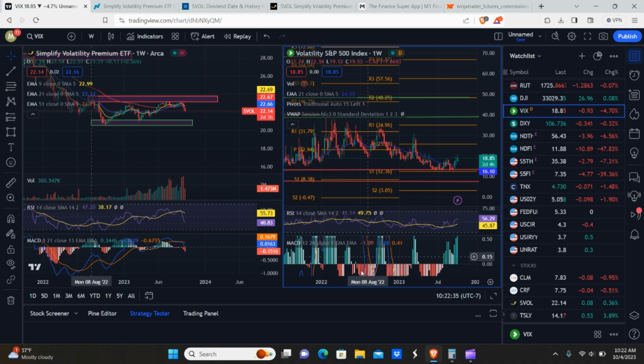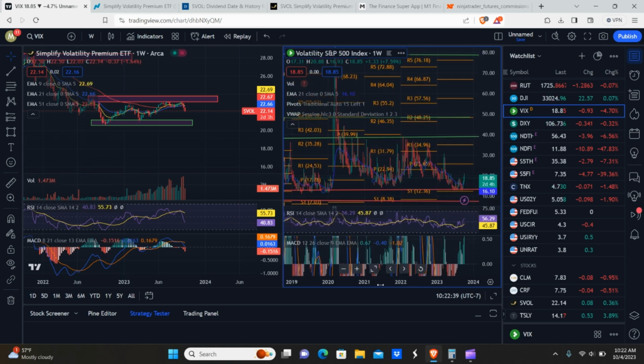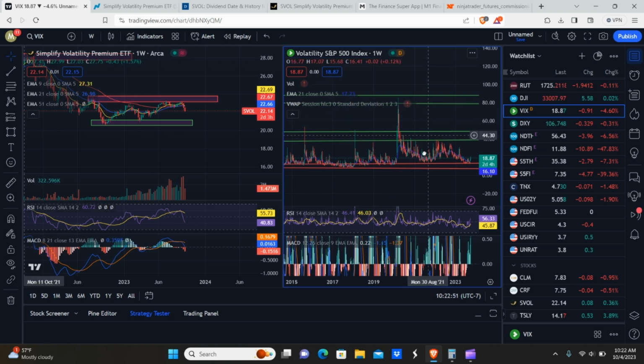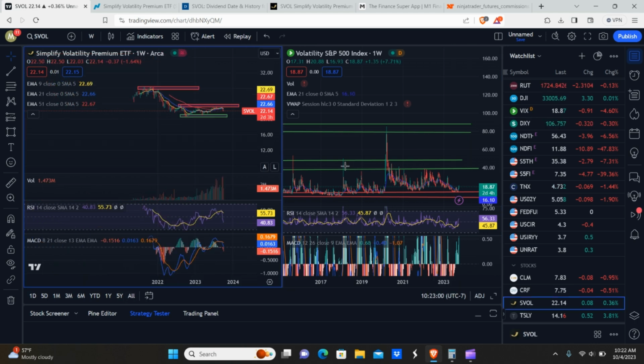But if we really, really scroll out here, you guys can see that there is more or less an inverse correlation between the two. So what you would want to see to buy SVOL at the absolute cheapest prices is something like an 85 here. Let me actually get rid of these pivots so it's more clear. Here we go. So you'd want to see something like, let me see if I can, okay, it doesn't actually even go back that far,